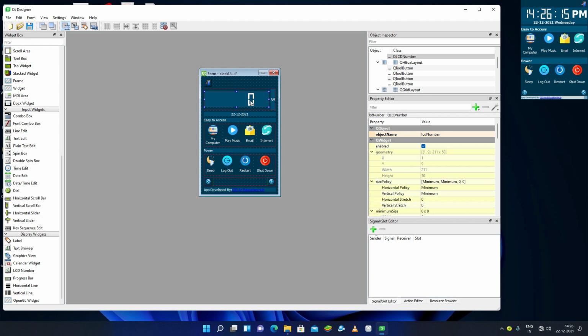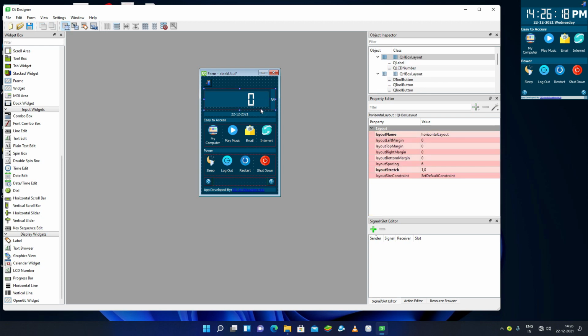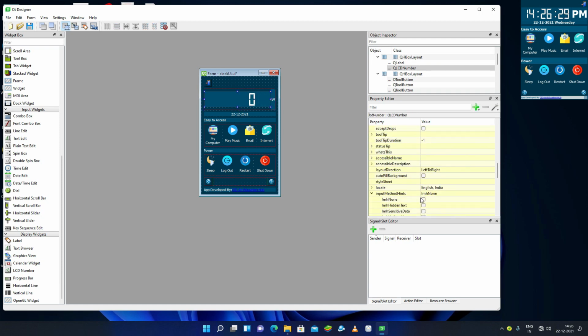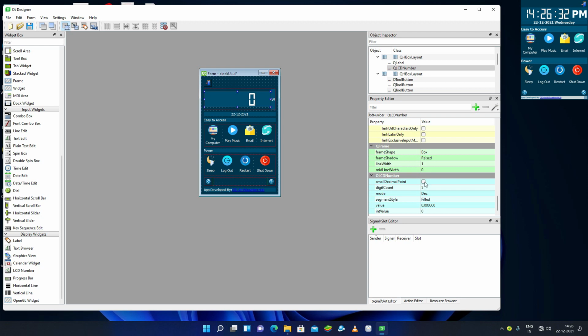Now I can change the margin and the spacing. I can remove the spacing here, setting it to 0, and for the QLCDNumber, I can change the frame to plain, so it will be plain, and the box has no frame. So this is now good. I can also select the style panel, and this is also like the sunken one. Just leave it as plain. So this will be the same as this.